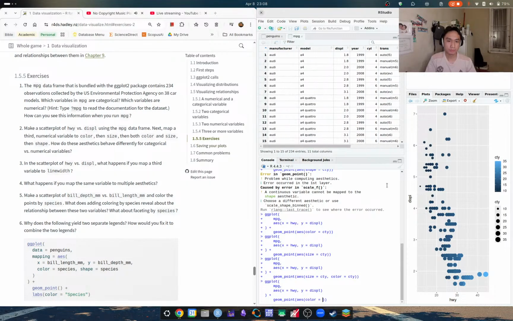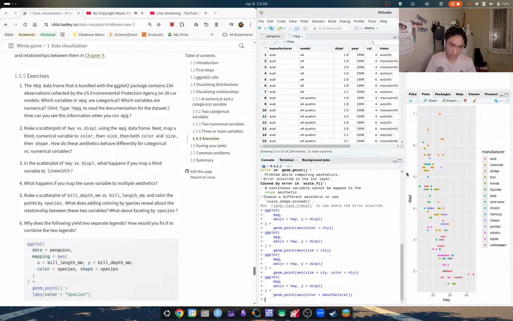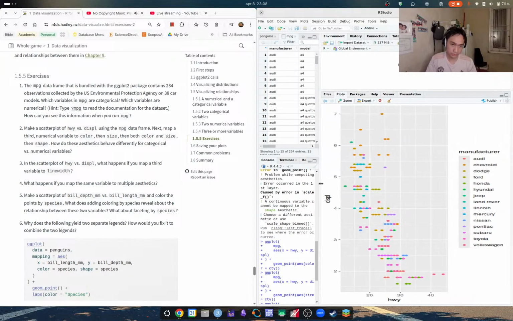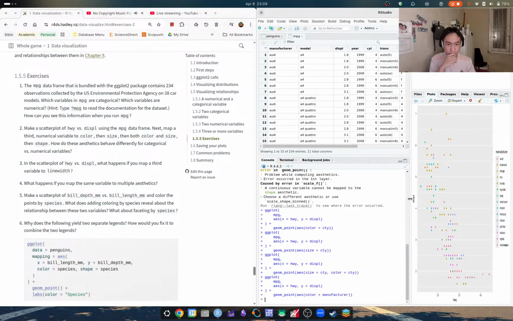Color on manufacturer. Okay. So again, even though it's not pretty because there are too many colors, still, it's doable. For size,